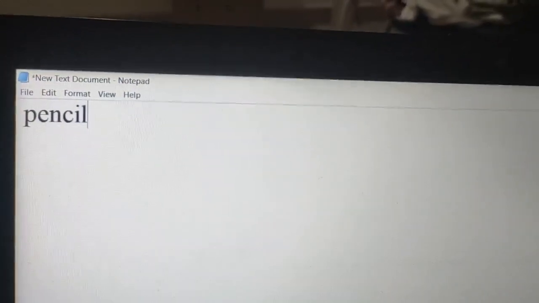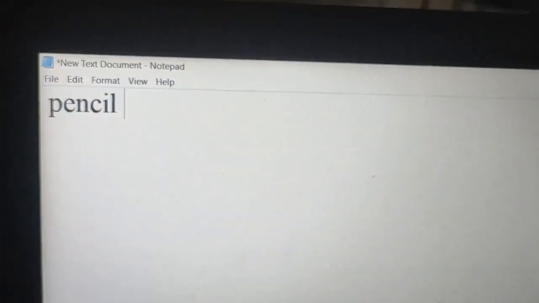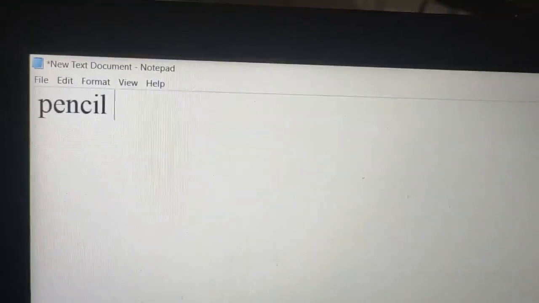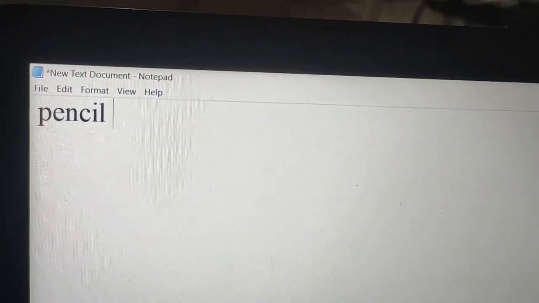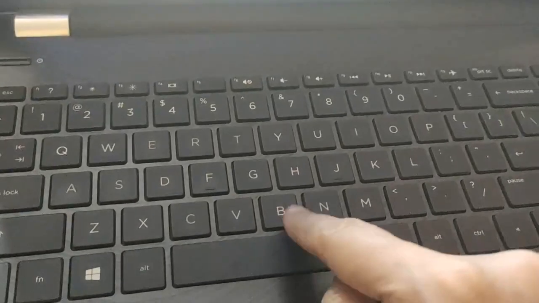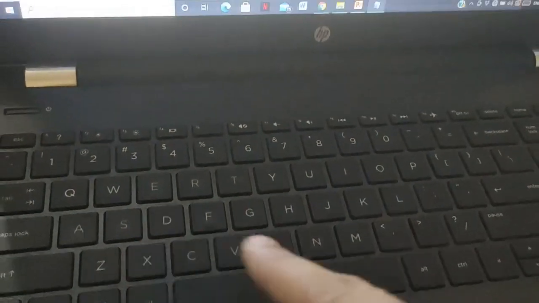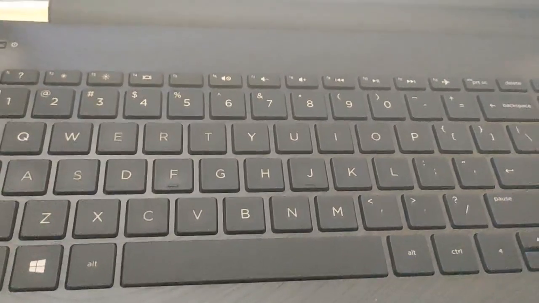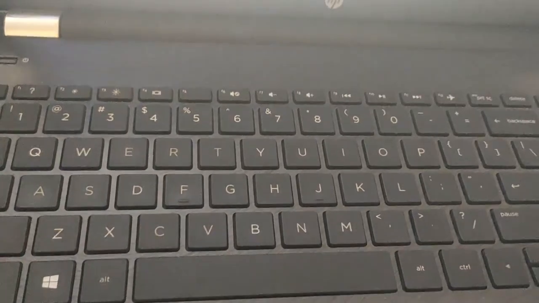Look over here, right now the position of the cursor is just after L. Now I am pressing this key once and now look at the change on the screen. See, the cursor is blinking one space ahead from the last word. Now we can write the another word, that is B-O-X, box. So here is our complete word pencil box. Using the alphabet keys we wrote it. Got it dear children?